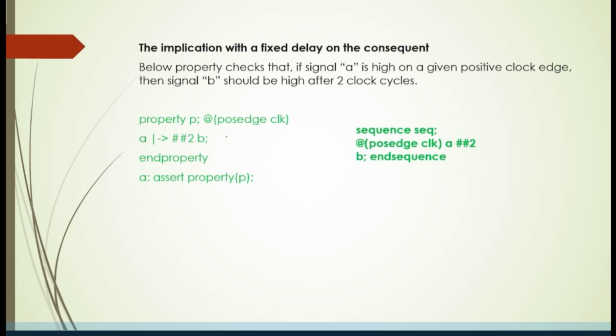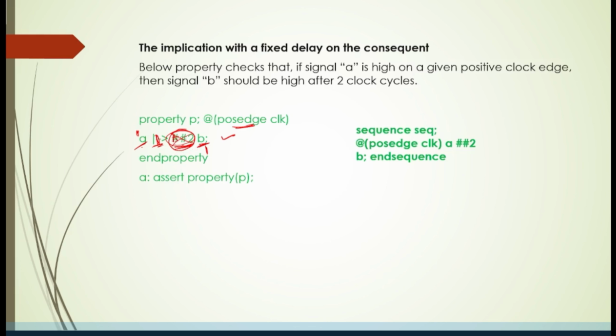So for example, if you see this operator, A overlapped implication B, and you are giving the delay. If you have not given this delay, then within the same passage of clock, after A is high, B will be high immediately. But you don't want that condition to happen. What you want to check is that after A is high, after 2 clock cycles B should be high. If you use the non-overlapped operator, only one clock cycle will be delayed. But if you want more clock cycles before your B condition is applied, then you can just use